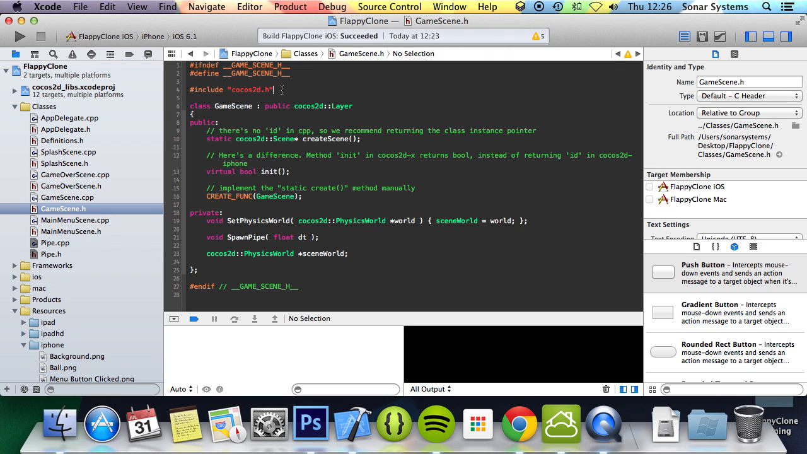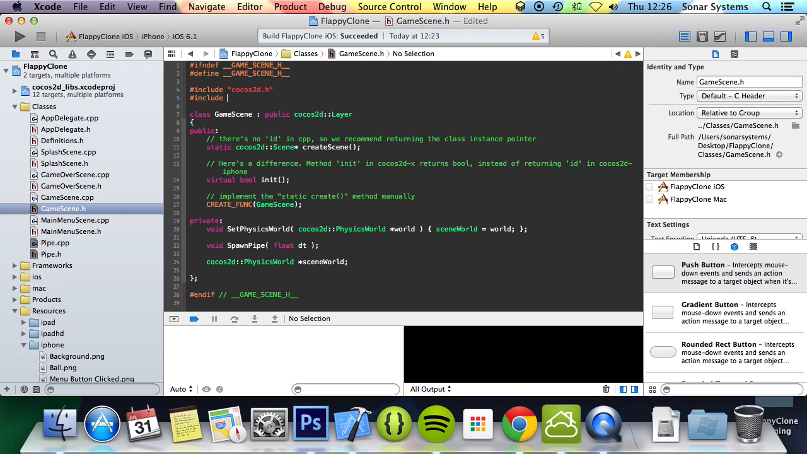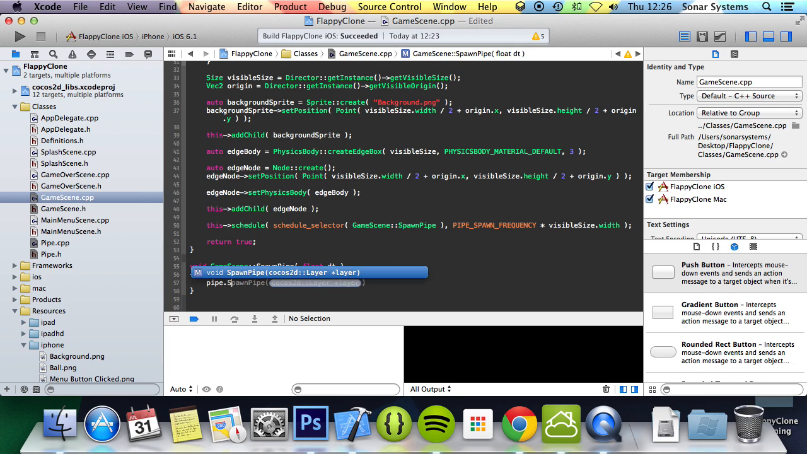So we need to include the Pipe header, Pipe.h. We're going to create Pipe, and we'll call it pipe as well. In our GameScene.cpp, in here, what we're going to do is just do pipe.SpawnPipe, and we're going to pass in this. And now if we run it,